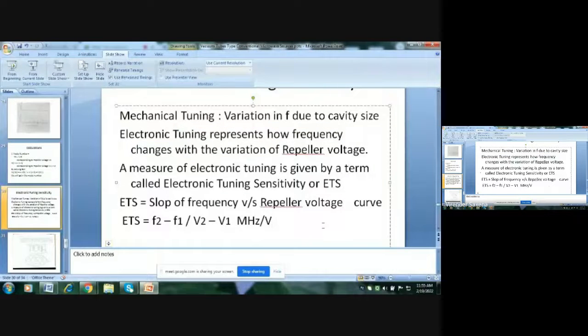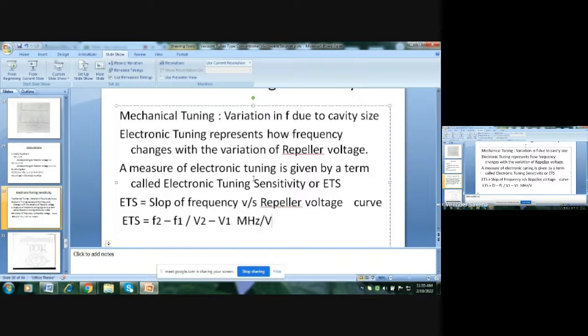Electronic tuning means the variation in frequency of the RF field due to repeller voltage. By changing the repeller voltage, the interaction of the electron beam with the cavity changes the values of L and C of the cavity. As we know, the cavity is equivalent to an LC circuit, and for a fixed volume, L and C are fixed, but by interaction of this